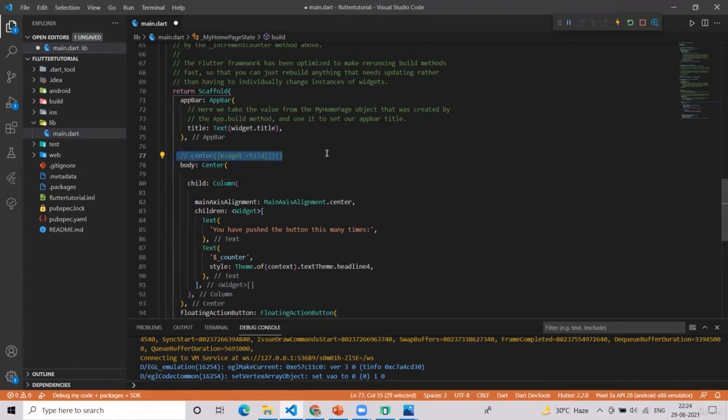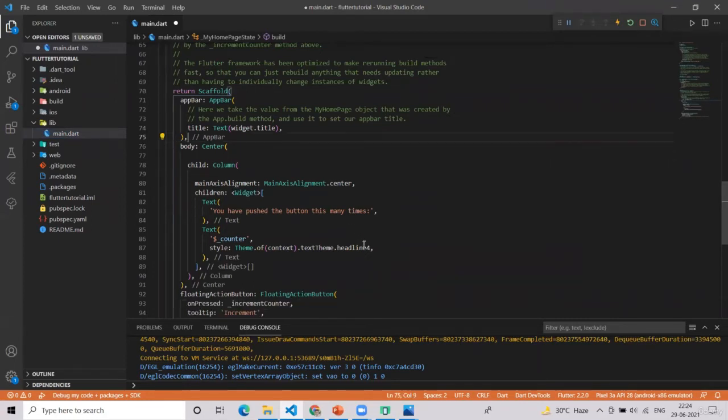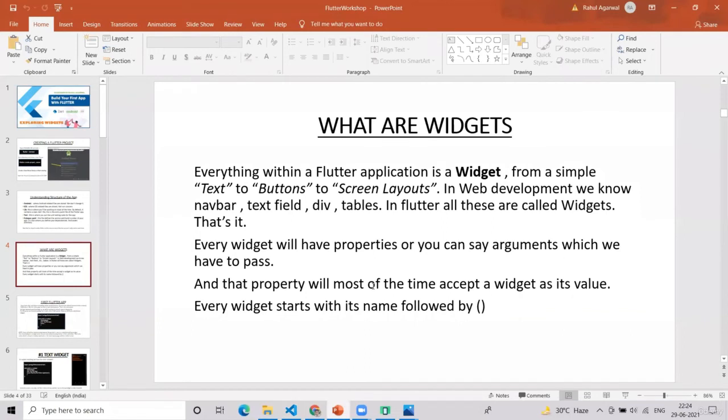But right now, I just want to give a basic overview, because at least you should know the meaning of the word widget. Now you can read here that the child property will most of the time accept a widget as its value. As I have shown you, in the child property it's accepting a Column, which is again a widget.